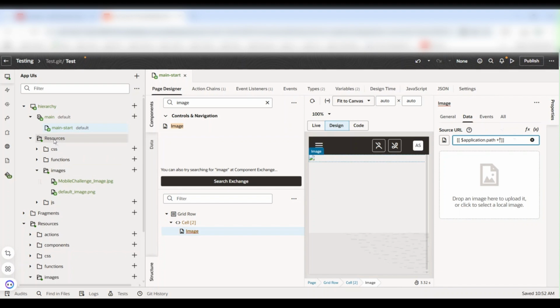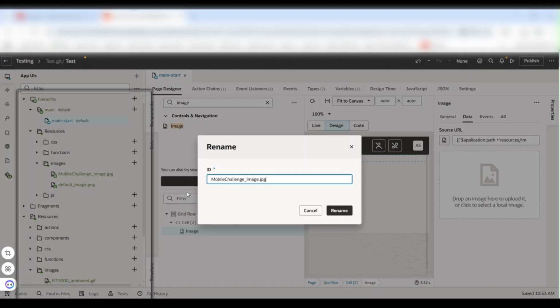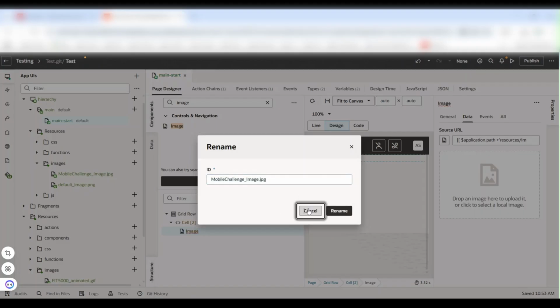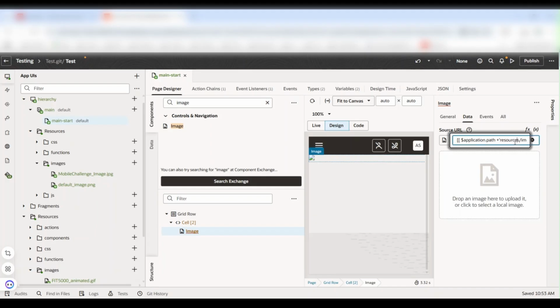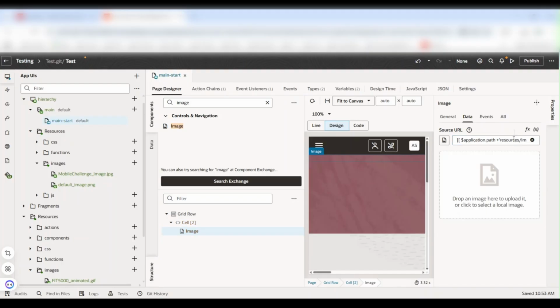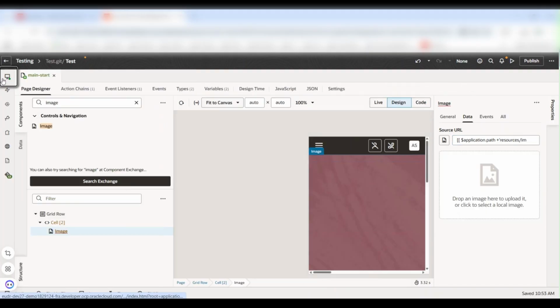We are having resources slash, under resources we are having images slash our file name. Let me take the file name. This is our file name. Let me copy it and paste it inside the single quotes. And see, our image got appeared here.